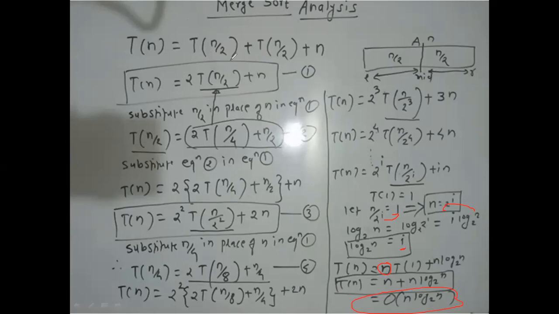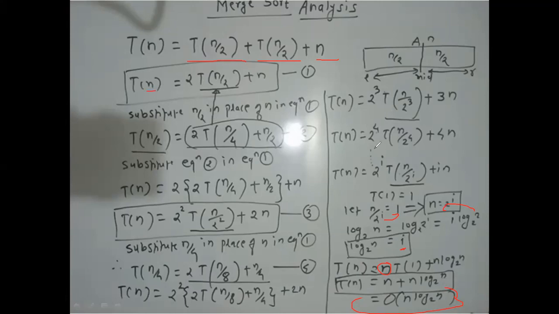This value is the time taken to sort the left half, this is the time taken to sort the right half, and then the merging is the time taken to merge these two arrays. Then you add these, and recursively you have to substitute values for n. First you substitute n with n by 2, then n by 4, then n by 6. In this way you are doing the substitution.